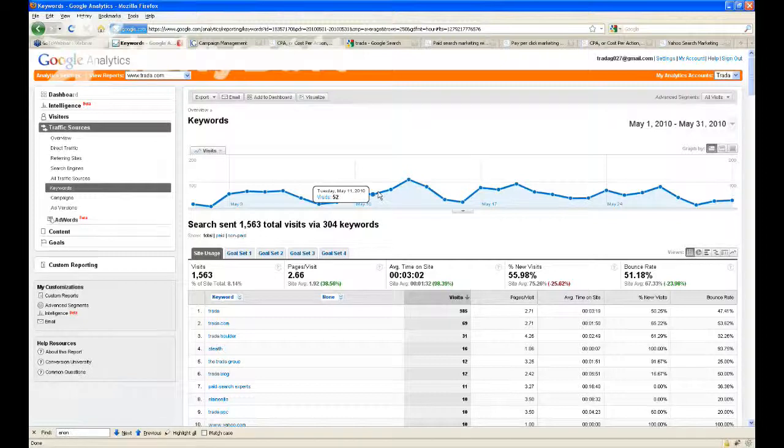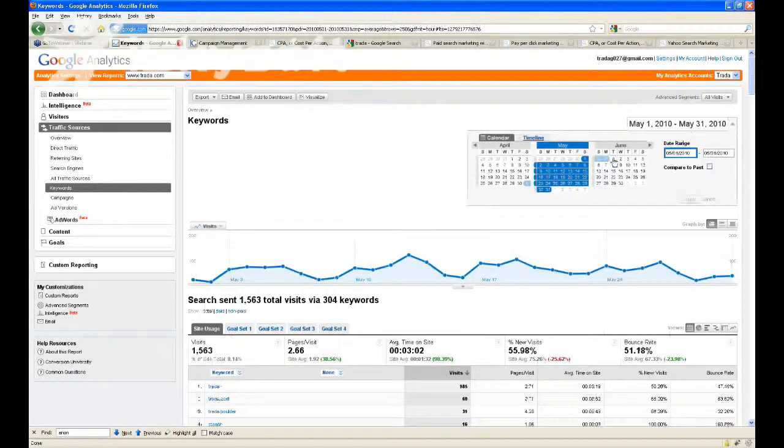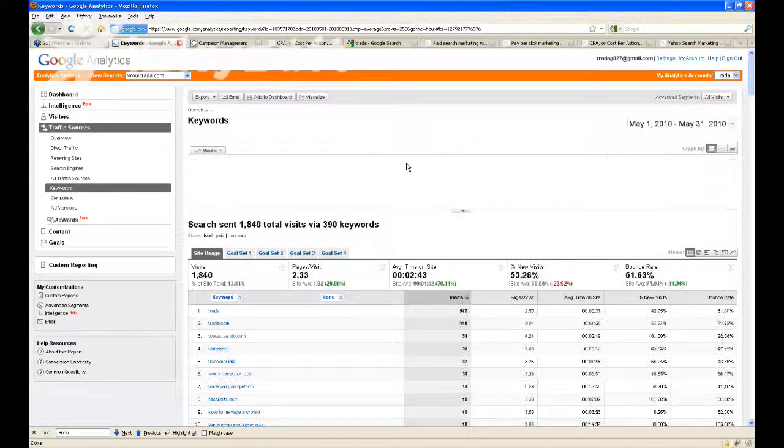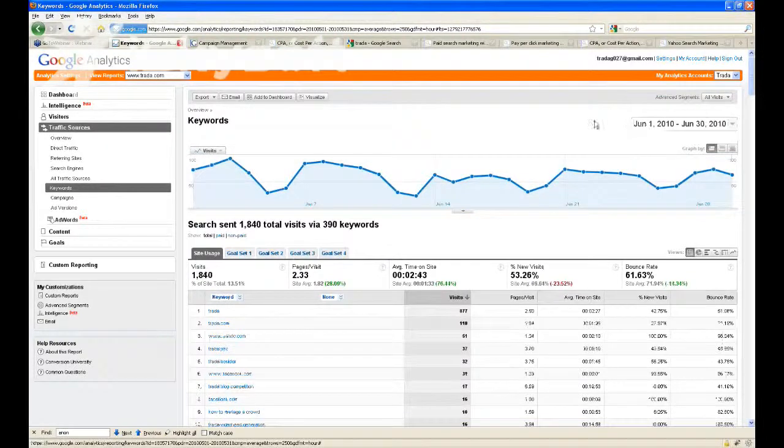I'm going to talk very specifically about one of them that's called day parting. Day parting is the way to tell AdWords what times of the day that you want to run your ads. To sort of embellish my point a little bit, I'm going to change the time frame of the data that I'm showing you, just because it's the most obvious in our system to show you what I'm talking about.